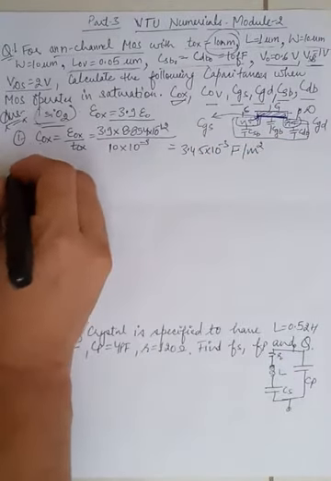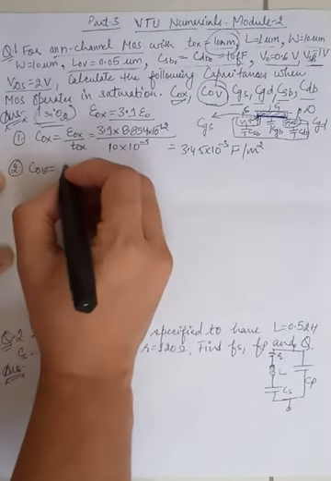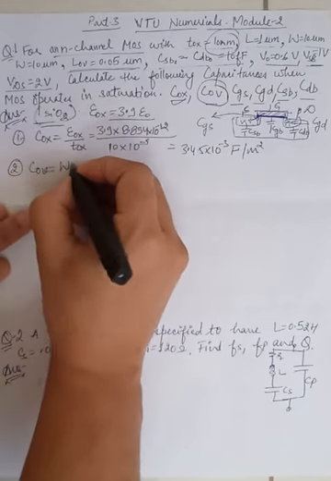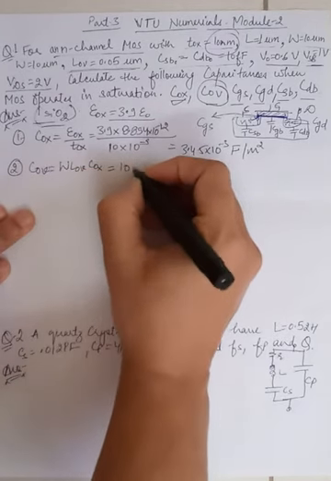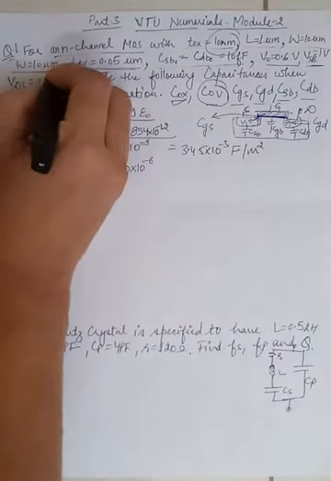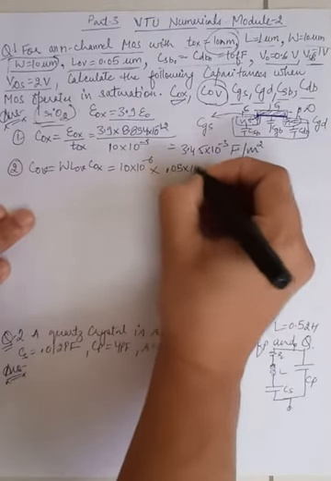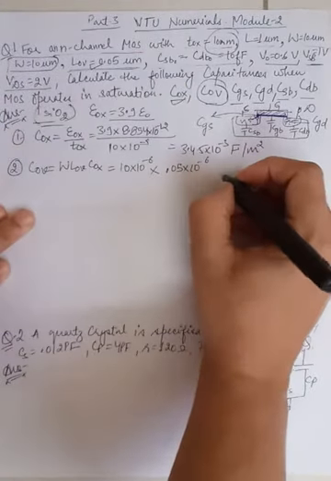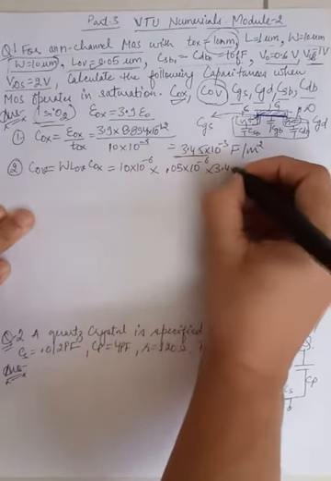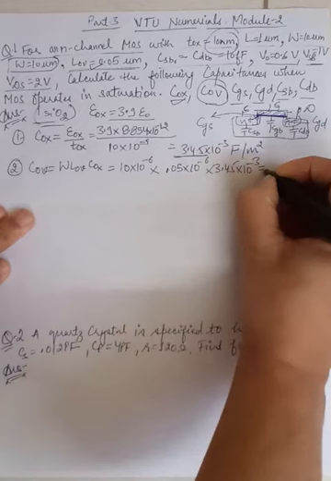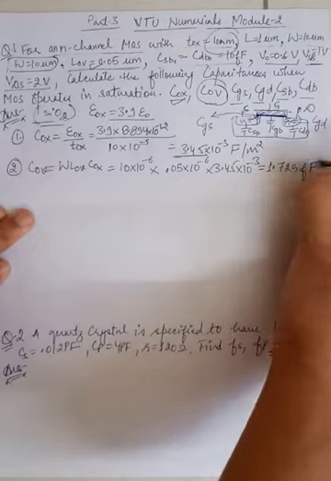Now, second I need to calculate is COV. COV is nothing but, we studied in MOSFET internal capacitances, is equal to W LOV into COX. So W is 10 micro. Substitute here. LOV is 0.05 micro. It's given here. Next, put the value of COX, that is 3.45 into 10 to the power minus 3. When you calculate, you will get 1.725 femtofarads. Femto means 10 to the power minus 15.